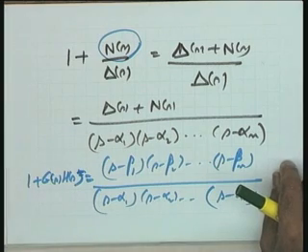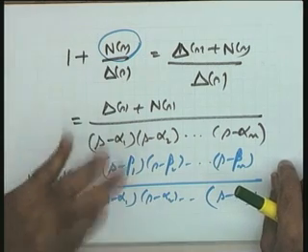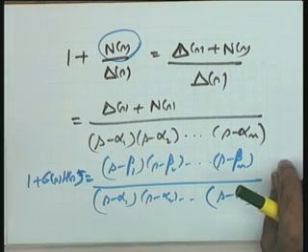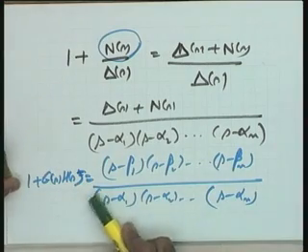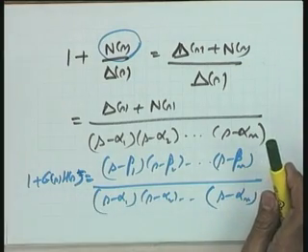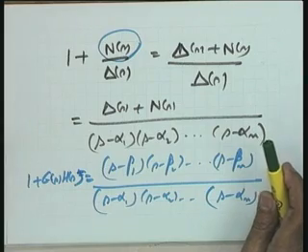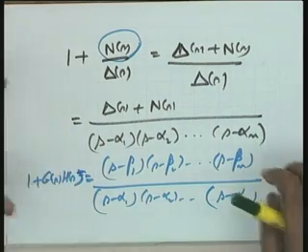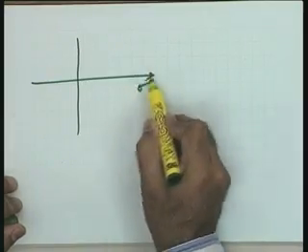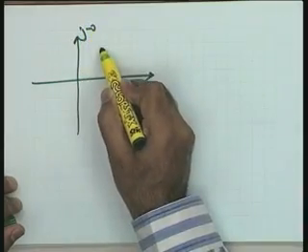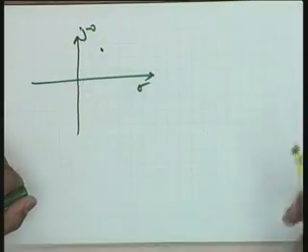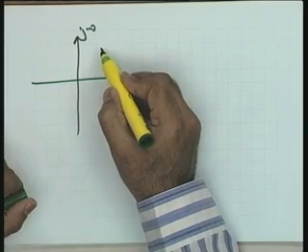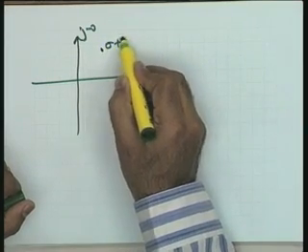And recall the point. The point is this, that if there is any s in the right half of the s plane or on the imaginary axis, so that 1 plus GSHS is equal to 0, in that particular case the system is unstable. This is our conjecture, on the basis of which we are going to discuss this mapping. So, when I say any s, consider this as the s plane, sigma, j omega, consider any point s here or anywhere. You see, this is a complex variable, sigma plus j omega.